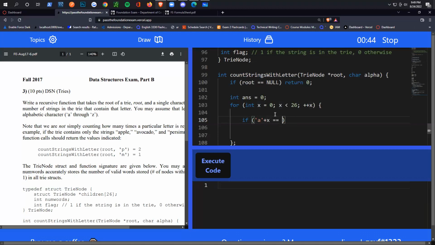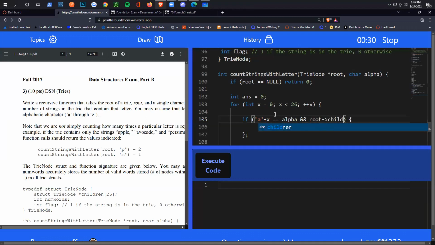If 'a' plus x equals alpha, meaning it equals whatever letter you're currently looking for, and root children of 'a' plus x does not equal null,